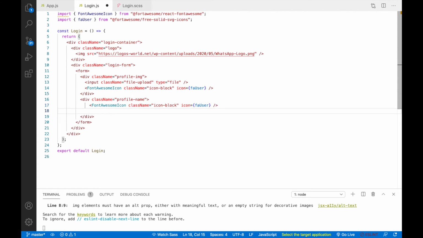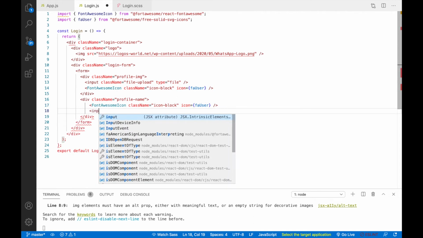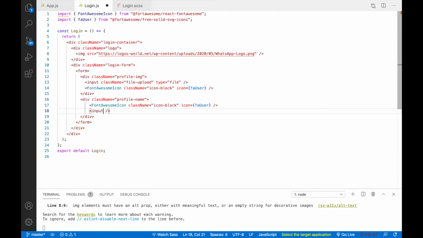Okay, so again we have to create one more input, and the placeholder for this input will be, I guess, your name here. We can write anything here, and the type will be text. Name will be name.